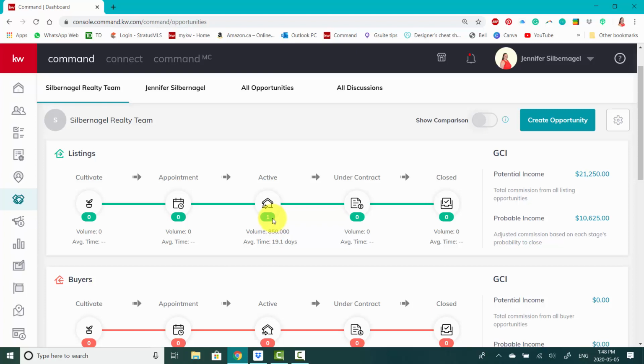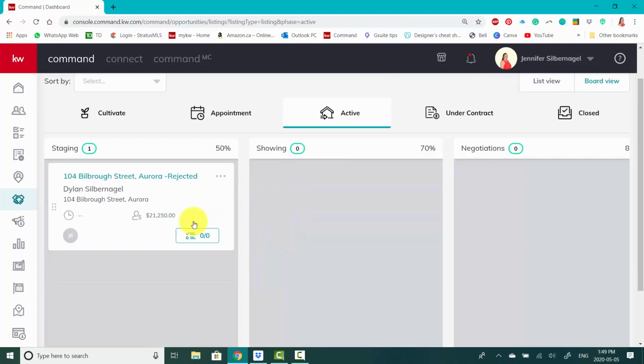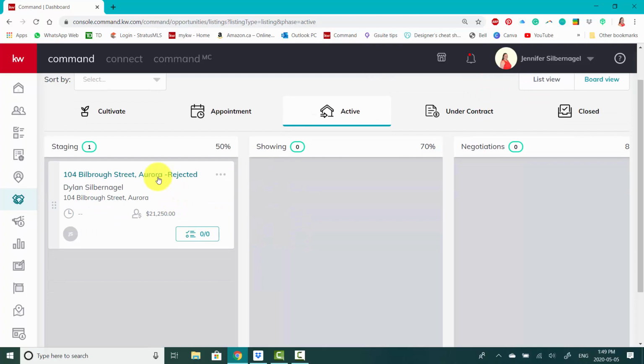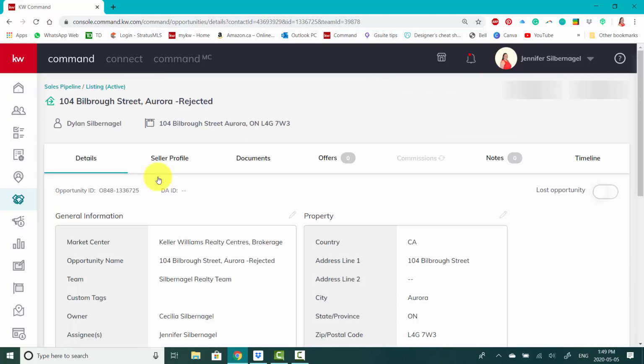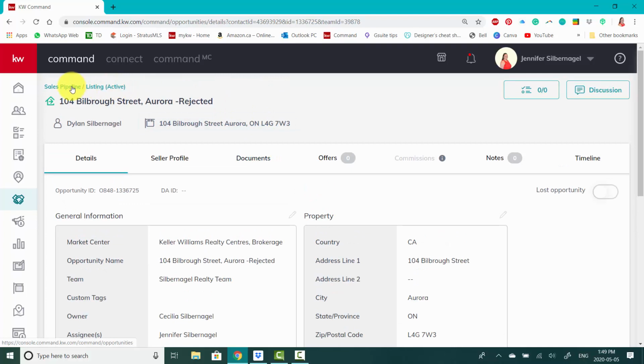So if I've already added that opportunity in and I'm just coming in to simply attach the paperwork, I can click on the little house right here, and it will take me in and show me that I have an opportunity here. And I can just simply click on that opportunity, and it's going to take me through to this screen that says the address, the information, and that's where my document link is going to be. I'm going to go back for a second, and to go back, I can just click up here in the